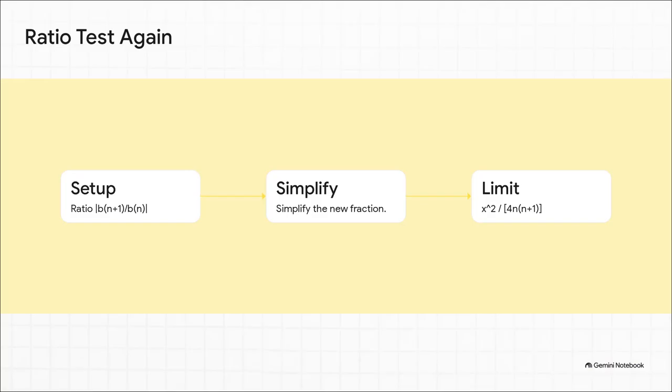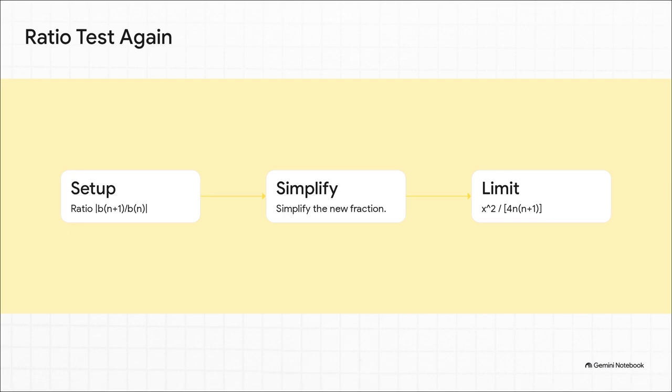The big question now is, does this new derivative series still behave itself across the entire number line? Or did taking the derivative introduce some kind of instability? Well, we pull out our ratio test magnifying glass one more time, applying the exact same 3 steps to our new derivative function. We set up the ratio using our new terms, which we'll call b sub n, and after running through the same algebraic factorial tricks, we arrive at a newly simplified limit expression,